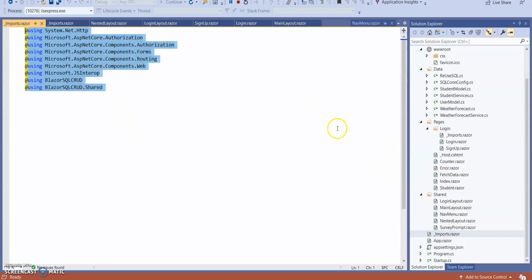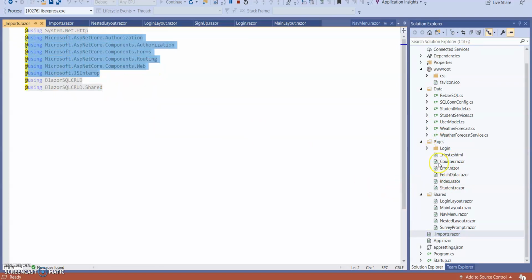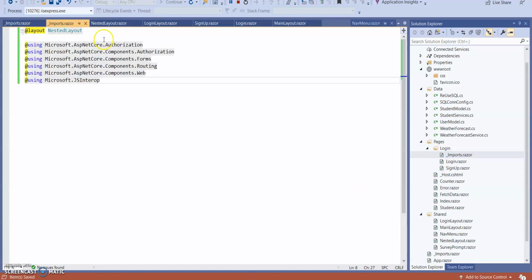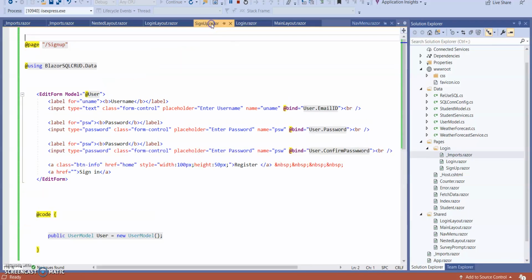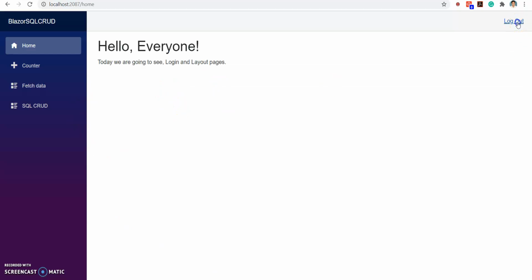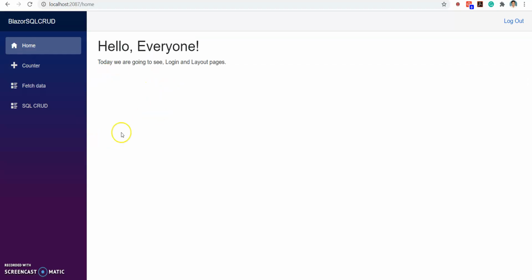We are importing all these things for our page section. If we want to import this section inside our login also, we can add this like this. Rerun the application, nothing will change, but again no need to import or use it inside of sign up and login page. In this way we can create login page and sign up page, or we can create standalone pages, or we can reuse our layout.